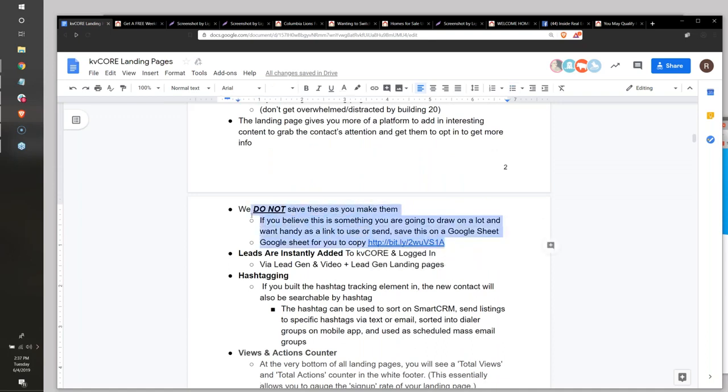So you can actually save these on a Google Sheet, which is what I used to do when I was a user. And the Google Sheet's great because it stays on your desktop and it travels with you mobile. And as you create these niche targeted landing pages, there's really no need to recreate them as you go because you've already got a real solid one. And you can also create 2 different ones and do A to B tracking and see which one's more successful and so forth. Yeah, so the answer is they're not saved,